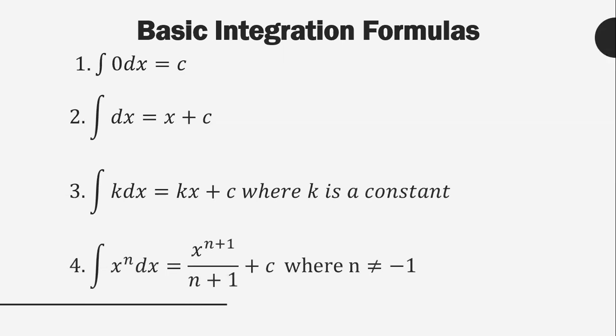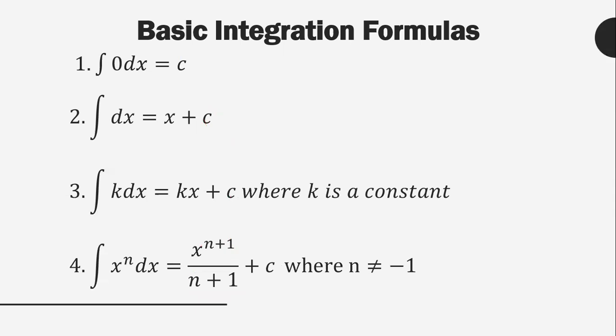And of course, the process that we have done a while ago, that is the power rule, which is the integral of x raised to n dx is equal to x raised to n plus 1 over n plus 1. We always copy whatever process we did in the exponent, and we always copy it in the denominator. Then do not forget your constant of integration, which is plus c.